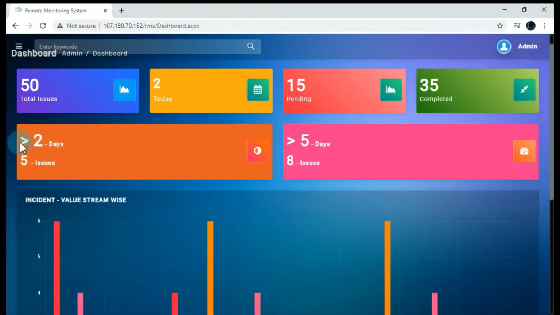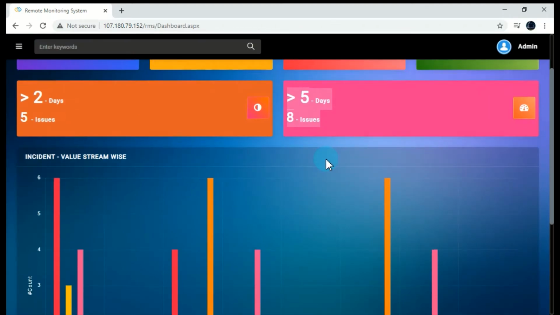This represents greater than 2 days. This represents the issues which have not been completed or which have crossed more than 2 days. And similarly, you have for 5 days. We need to take care of these kinds of issues because they have crossed their limit and duration.